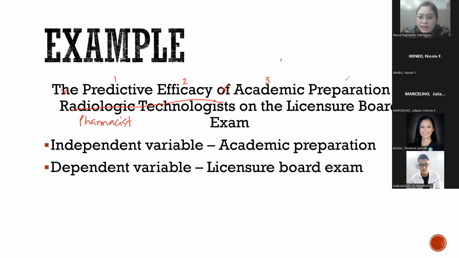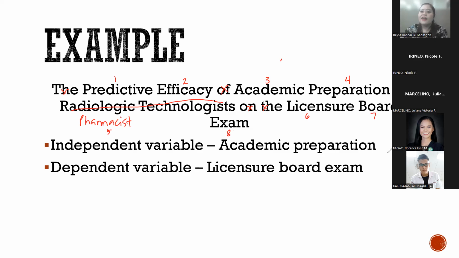So we have 3, 4, and then 5 for pharmacists, 6, 7, and 8. So again, this is not more than 15. Therefore, matawag natin siyang yes, ideal title siya. Okay, that's how you count the words class in your title. Do not include the function words. Okay, again, the ideal is not more than 15, but if it is more than 15, as long as hindi